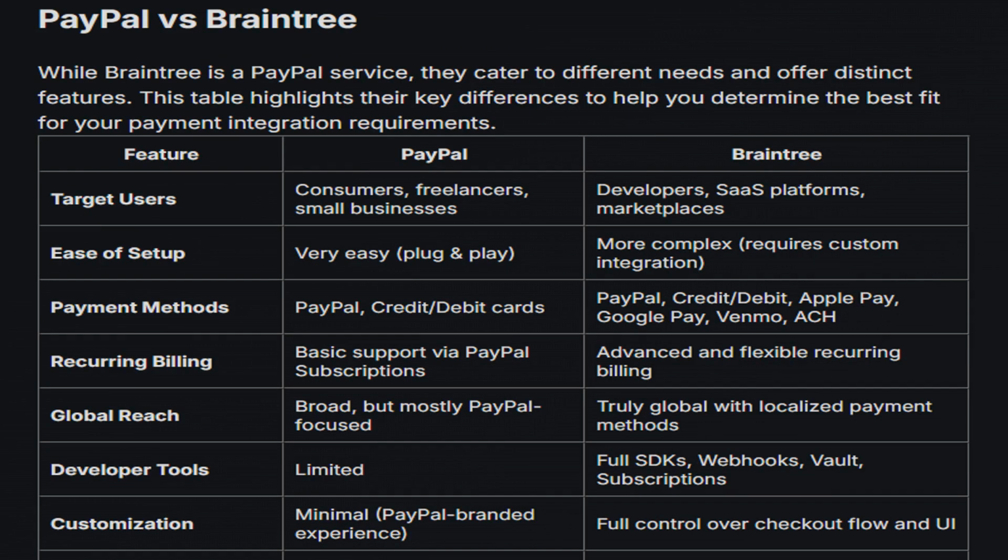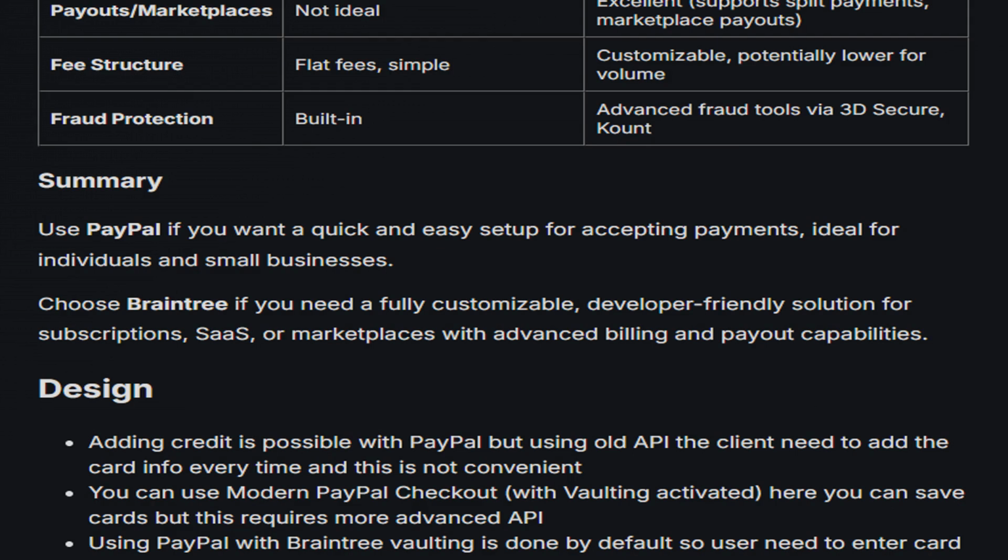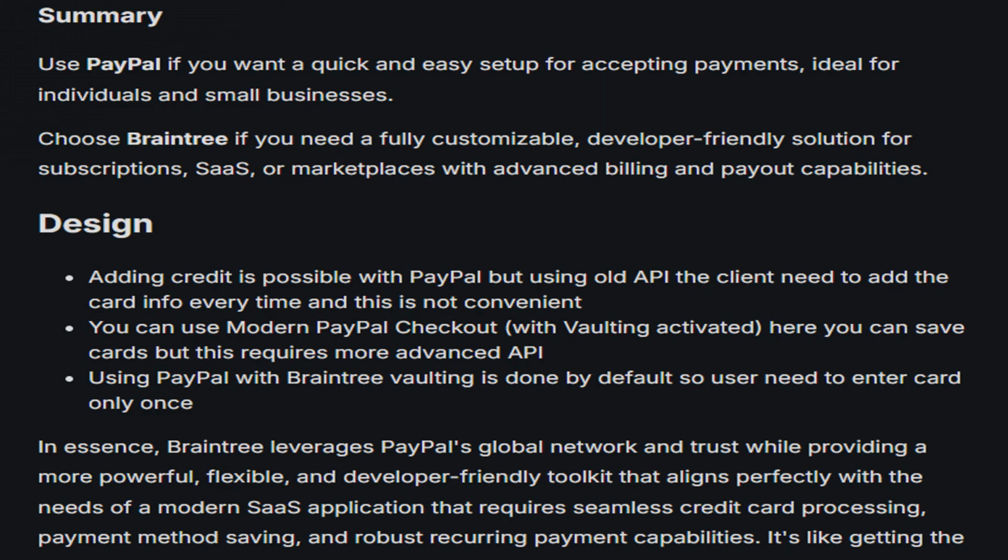A comparative discussion between PayPal and Braintree, emphasizing their different user targets, capabilities, ease of setup, and customization options. Additional contrast between PayPal and Braintree sheds light on features such as payouts, fee structures, and fraud protection, essential for users choosing between these services. A brief overview is provided, suggesting that PayPal is preferable for quick setups, while Braintree suits those needing more customization